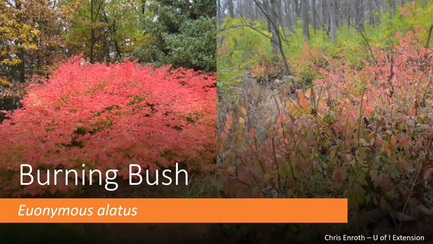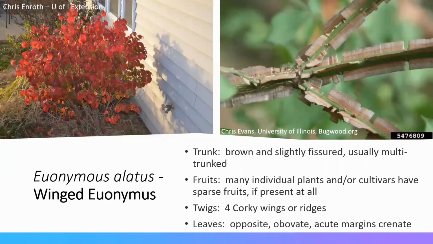Now, burning bush, popular landscape plant. I don't often know why, because it really can only do one thing, which is look red in the fall. Pictured on the left side of the screen, that's burning bush, a big shrub in a landscape. Pictured on the right side of the screen, that is burning bush invading a local forest near my home. There's the red burning bush leaves and the green leaves in the background, that is, in fact, honeysuckle. Again, as I said, burning bush is a one-season plant. It has fall color. Nothing eats it. It's tough. It grows. It spreads. It's easy to propagate. So it's a landscaper's dream.